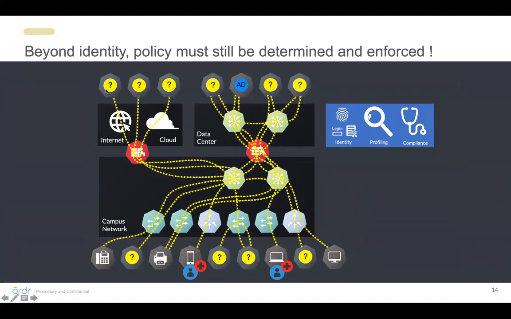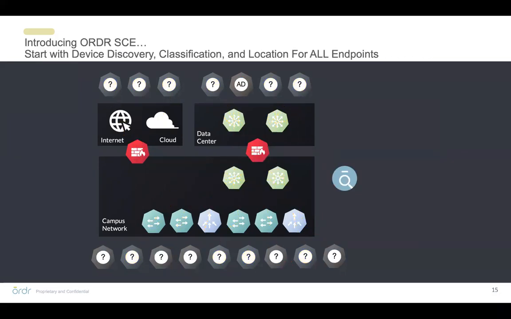Now, one thing that you still don't get, even though you have an understanding of what certain devices are, is that understanding of what those communication paths are is still a mystery in most cases. You might have an authoritative policy that says only people in sales can get access to sales devices. But for the most part, it's still a mystery, especially when you look at that HVAC system or a medical device or something on your manufacturing plant floor. What are its normal and allowed communications to actually implement enforcement? And that's a tough nut.